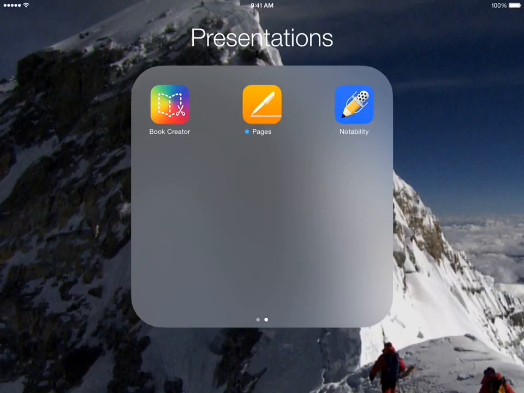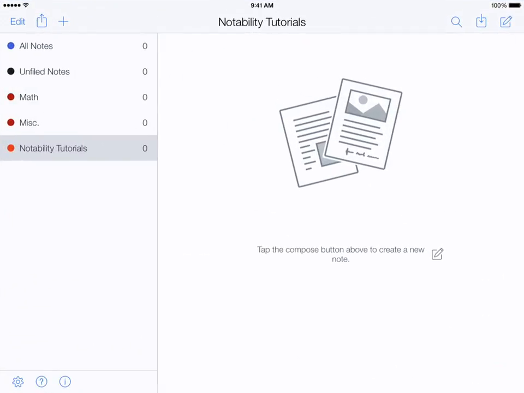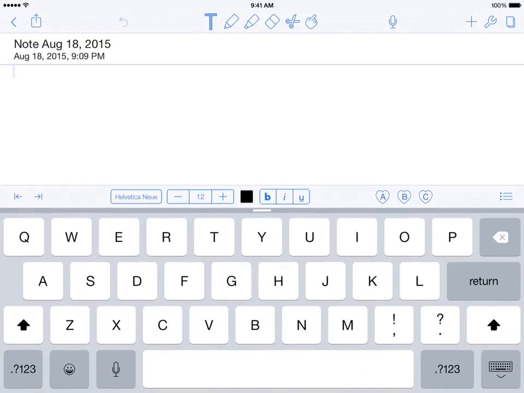Hi everybody, today we're going to be focusing on how to add media, change the utilities, and alter the pages in the iPad application called Notability. Let's go ahead and get started. Upon entering Notability, for this practice one, we're going to hit the Add a Note button, which is the rectangle with the pencil. Don't worry about the title for right now, we're just going to be focusing on the media, utilities, and pages